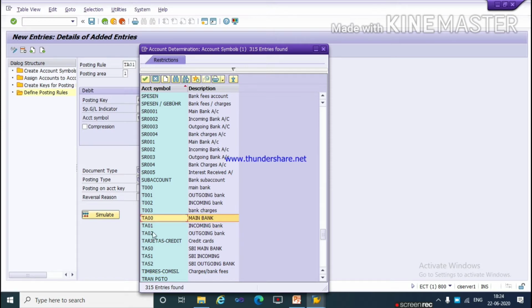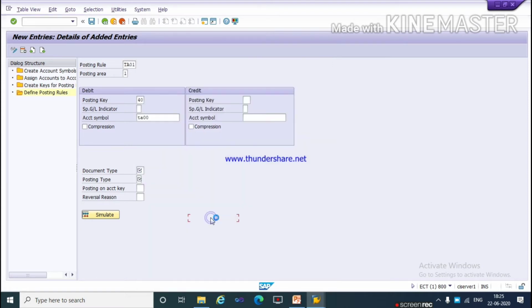Here you can see TA00 for main bank, TA01 for incoming and TA02 for outgoing. So in debit, we will take TA00 and in credit, we will give account symbol TA01, that is incoming.